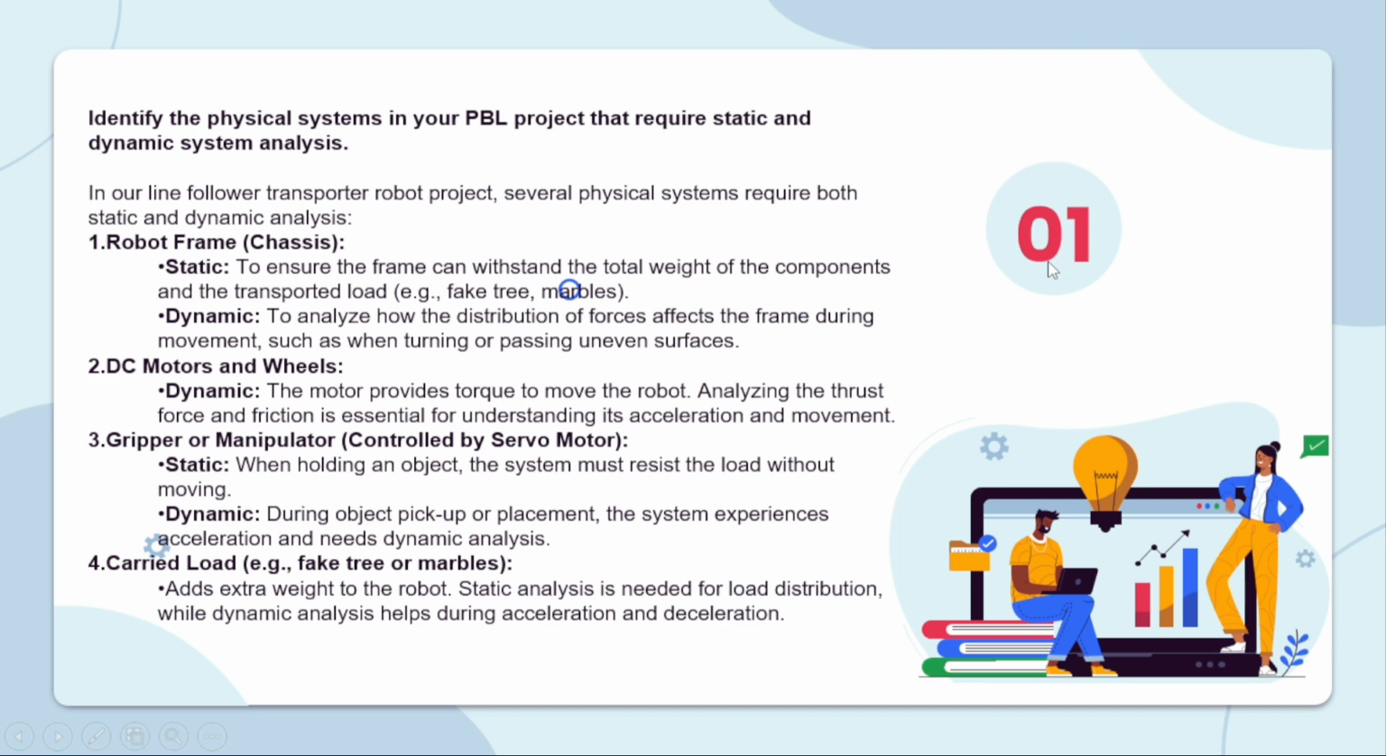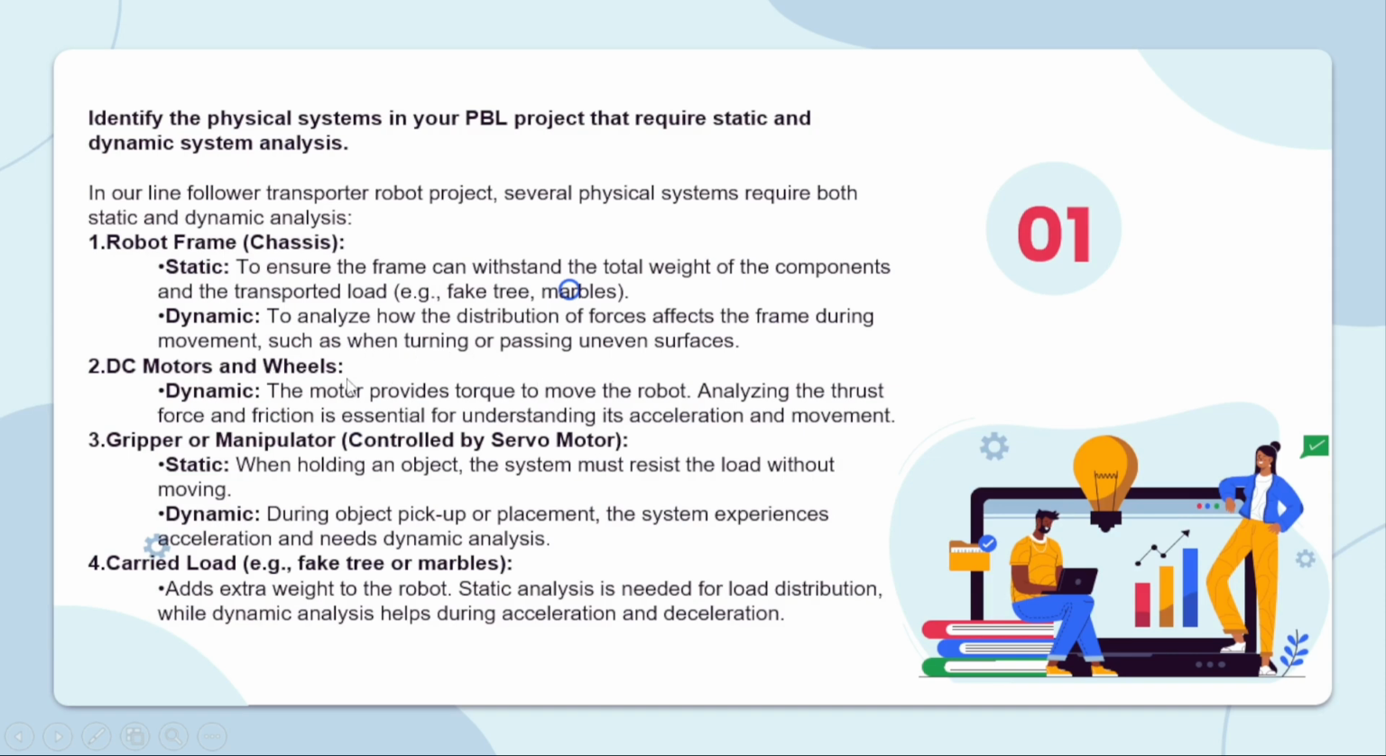Question number 1. Identify the biological system in your PBL project that requires static and dynamic system analysis. We identified 4 main biological systems. The robot frame needs to support the load statically and respond dynamically. Static, to ensure the frame can withstand the total weight of the components and the transport load, e.g. factory marbles. Dynamic, to analyze how the distribution of force affects the frame during movement, such as when turning or